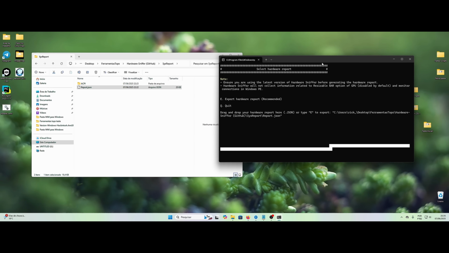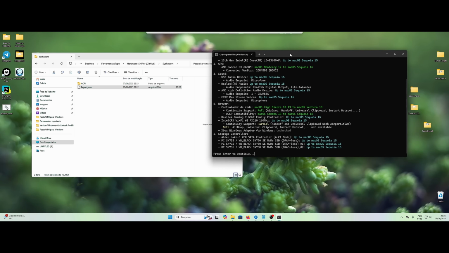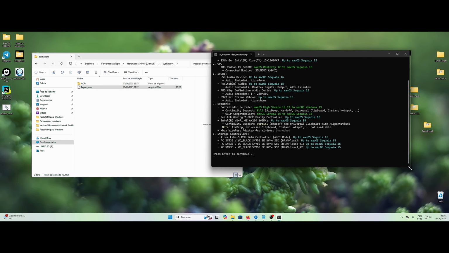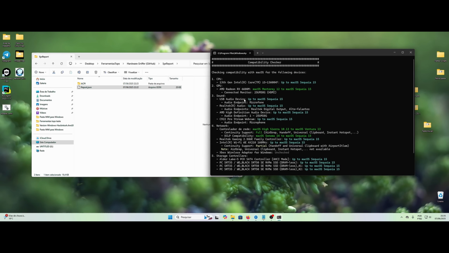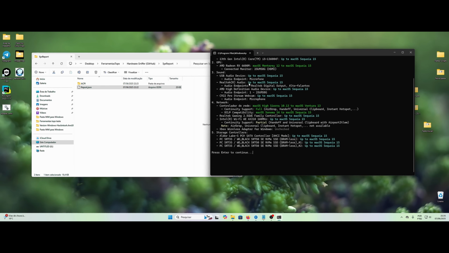since we are only working here with the command prompt, it is worth it. Here just press enter, and it will read it. You will notice that it will be a little different than usual. It's because we're doing it in developer mode. It has already done all the reading for us about my hardware, everything I have here. Compatible with Sequoia, Ventura, Monterey. Oh, my video card here, so hold on. There are some cool tips about OpCore Simplify here.